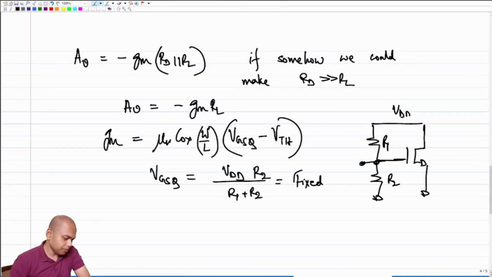So what is mu n? Mu n is the mobility of the electron in the channel. In plain English, mu n essentially gives an estimate of how easily an electron is moving through